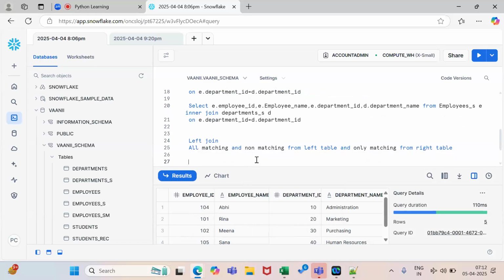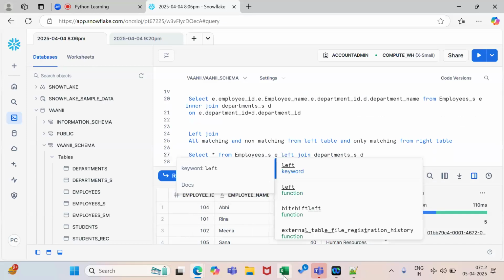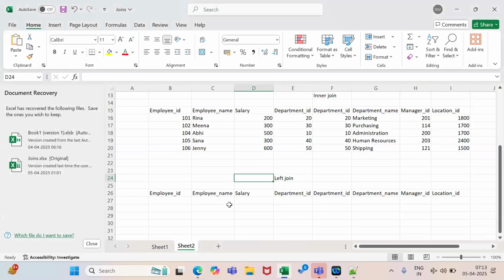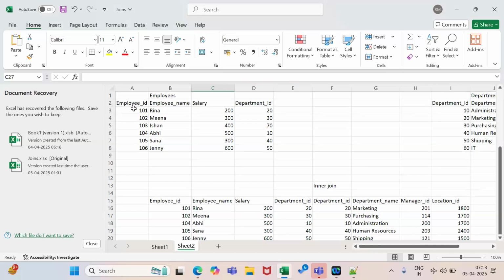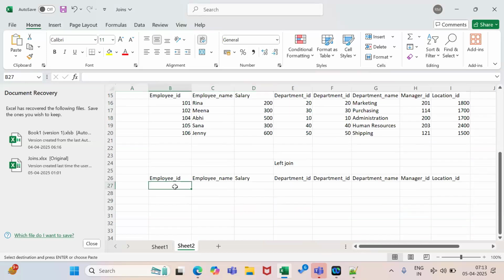Now here we'll put left join. Now let's see how it will work. For this one, all matching and non-matching should be from the left, so we can just copy all the data from the left table. We have kept employees as the left table, that's why.